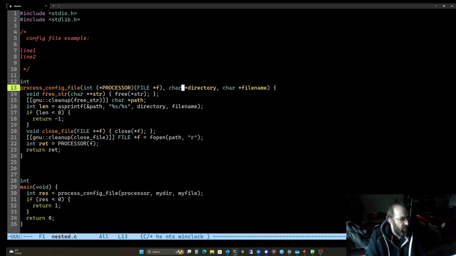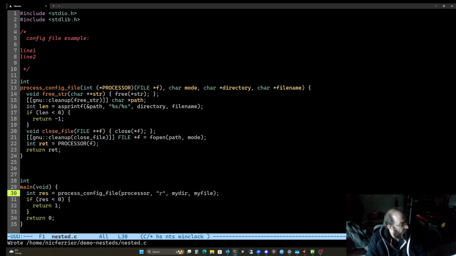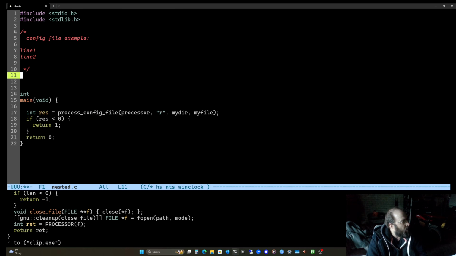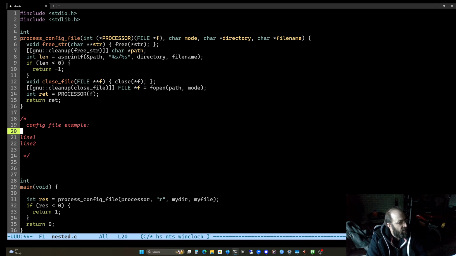One of the things that I do is to then go add mode to this. So instead of having something that's tied to one read mode, I pass the mode in, and then we're all good. Okay, so now we need to write the processor though, and we're going to process this config file like this. You'll notice that this doesn't care at all about the config file, so let's put that up there. This could go somewhere else, in a utilities file or a library.